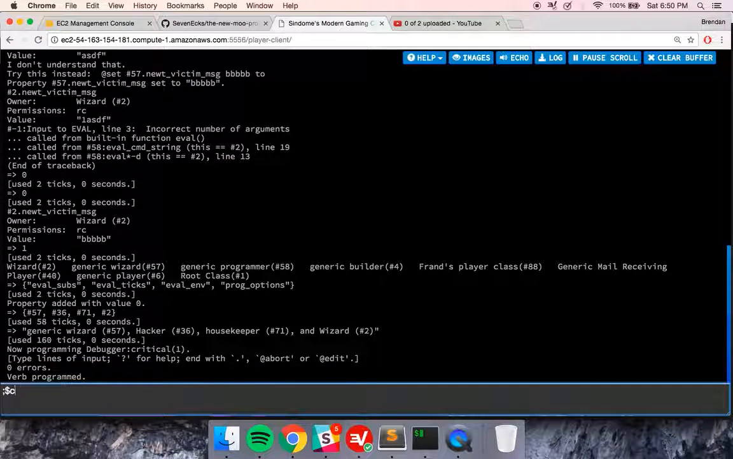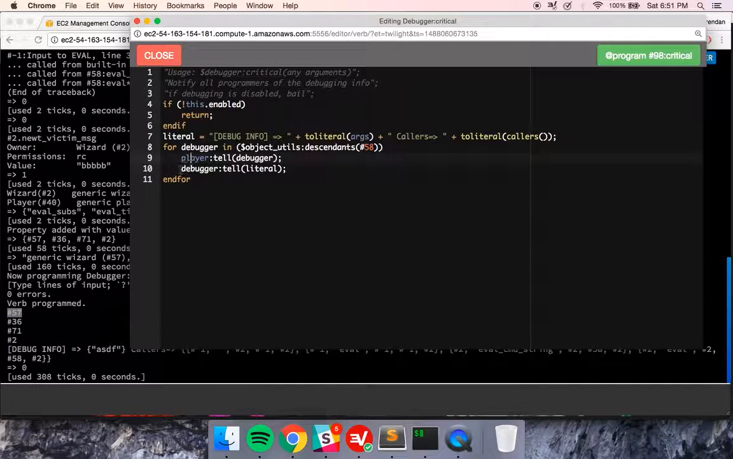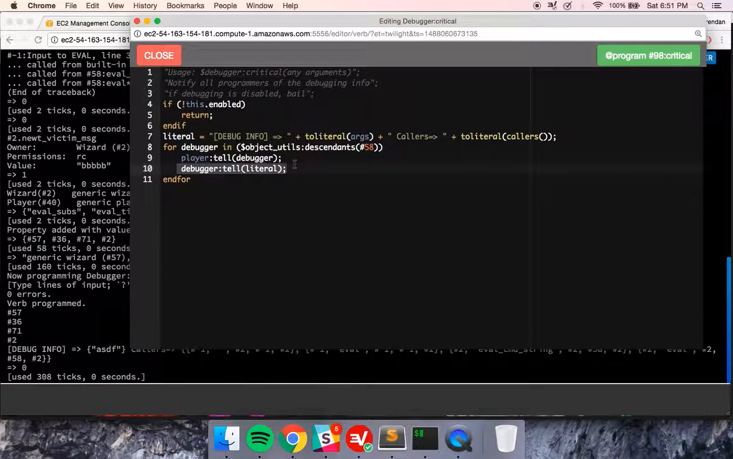So we'll call debugger critical ASDF, and you can see first we printed out 57, then 36, then 71, then 2. 2 is us, so it also executed this line for us, and we actually saw the debugging info. So what we want to do is reference a property on the debugger,